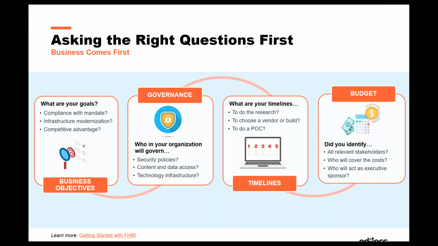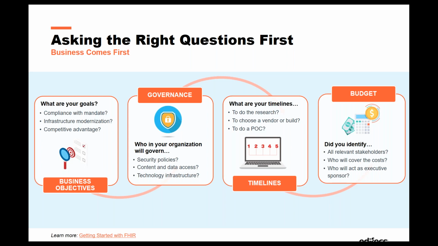Here you go. Okay. So before getting into how to build the FHIR server, what do you need to do to expose the data and so on, you really need to come up with an answer to 4 key questions. First is, why are you doing this? What is the business driver which pushes you towards this implementation? Are you trying to be in compliance with the mandate? Do you need to do some infrastructure change to get the competitive advantage, or to just stay on top of your competition and be supportive to your partners? Or is this a combination of all those items, or is there anything else?